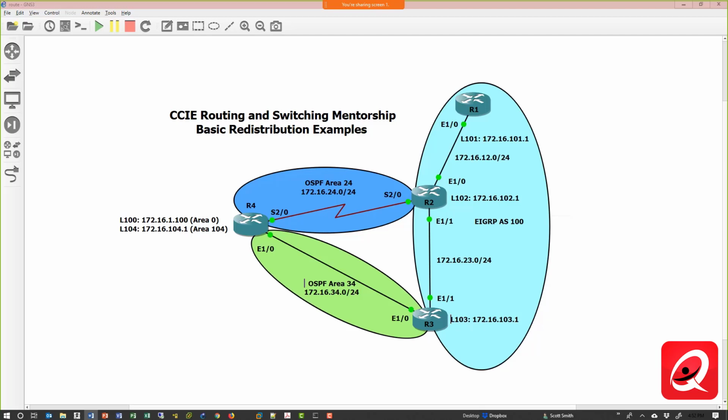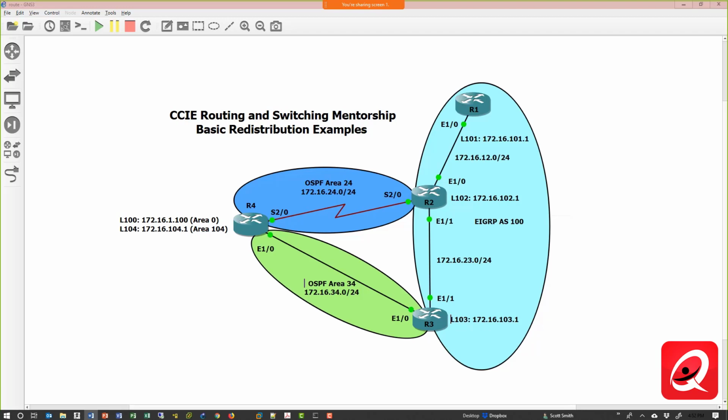The actual seed metric is going to be very significant, especially with RIP, maybe not so much with EIGRP or OSPF, because if the value is too high, you might have some reachability problems in the domain because our maximum hop count is 15. Or if it's too low, we might introduce suboptimal routing into the domain. So that's another consideration: as you're doing redistribution, make sure that you understand what the effect of the seed